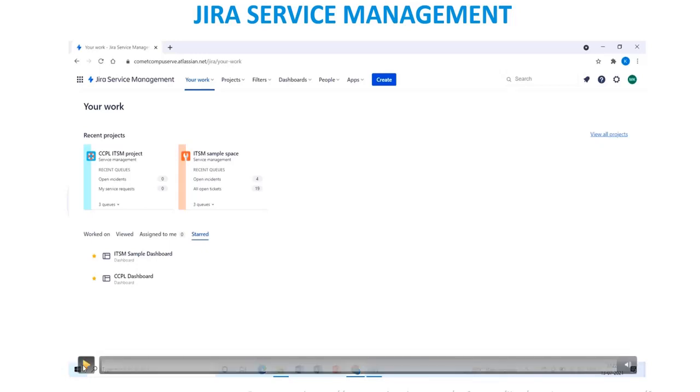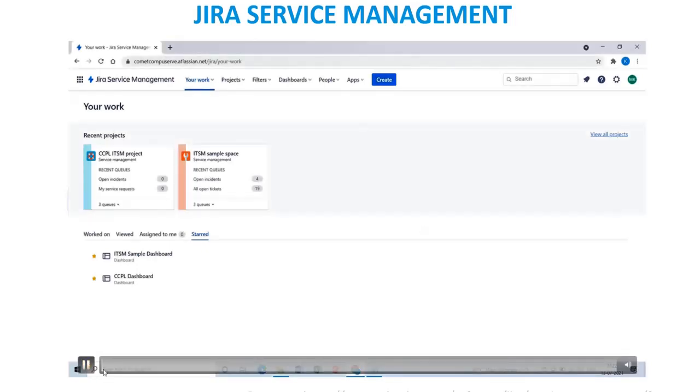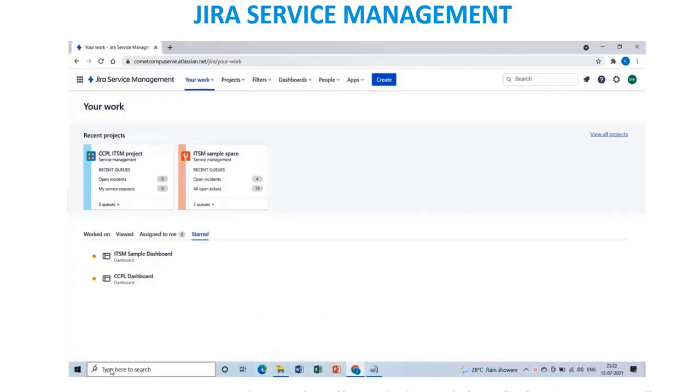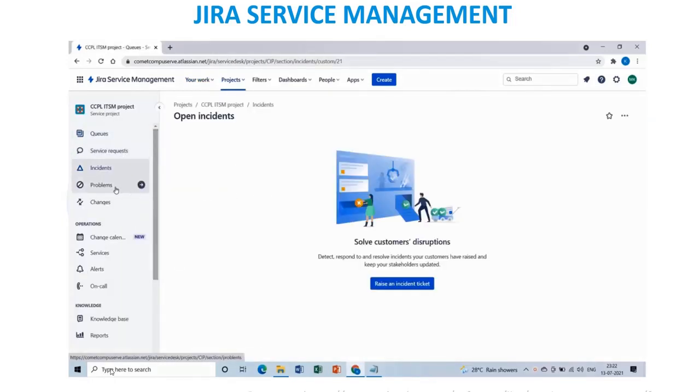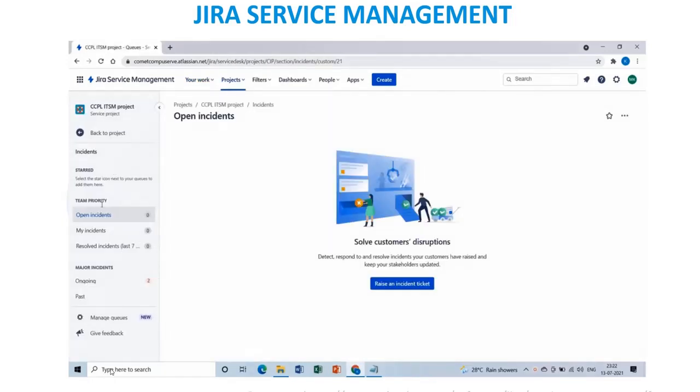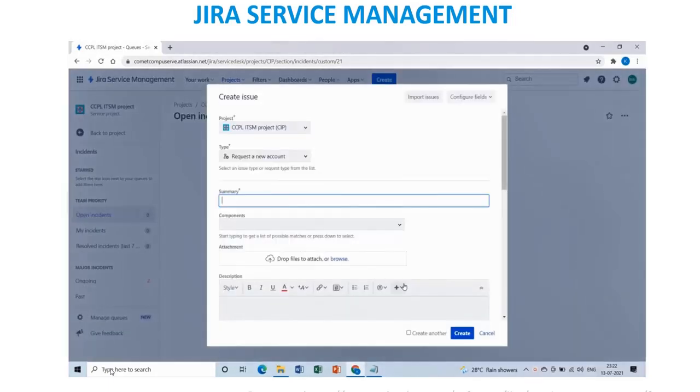So now we'll get into the ticket workflow. We are opening the Comet project, the CCPL project, and raising an incident.